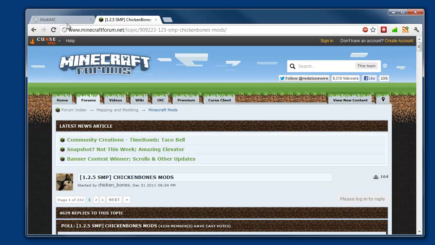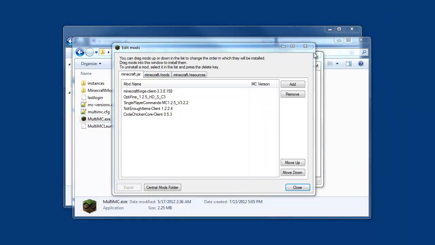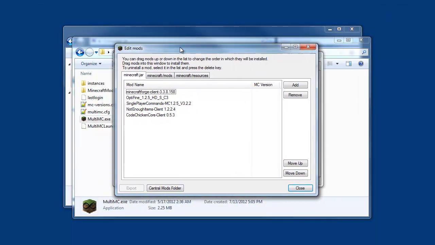So back in the Edit Mods screen, I've downloaded the CodeChickenCore and Not Enough Items both. So the core is needed. It's a prerequisite for Not Enough Items, and all